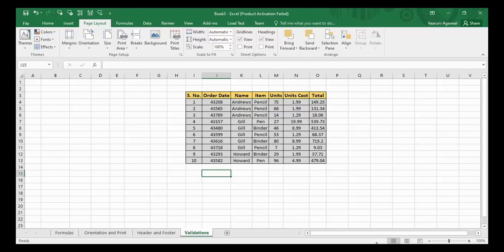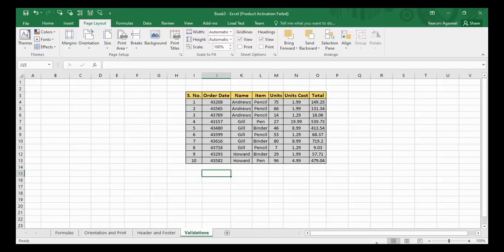These are the rules applied to the phone number, and if the data entered by the user violates these rules, a warning is shown to the user. These rules, when applied on any data, are known as data validation rules or simply data validations. Today we are going to see how we can apply these data validations in Microsoft Excel